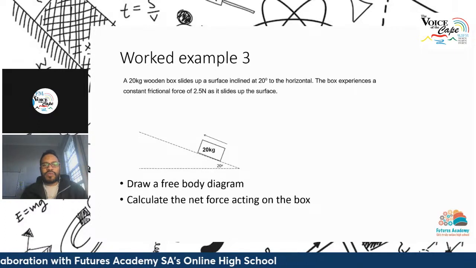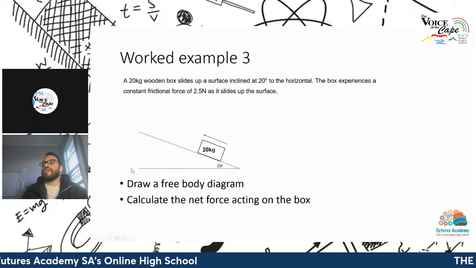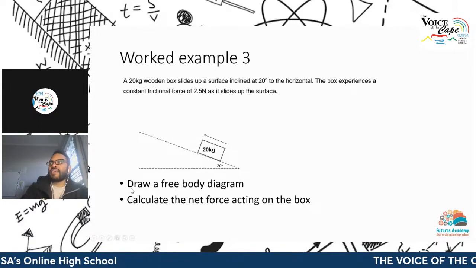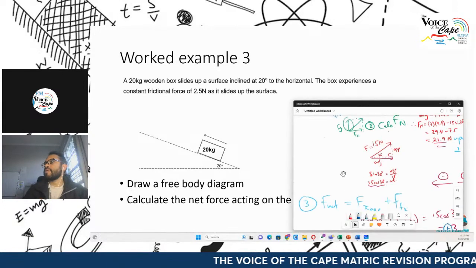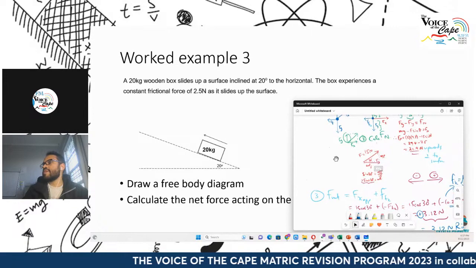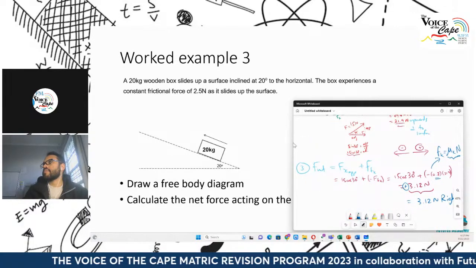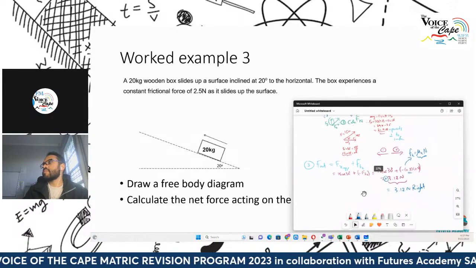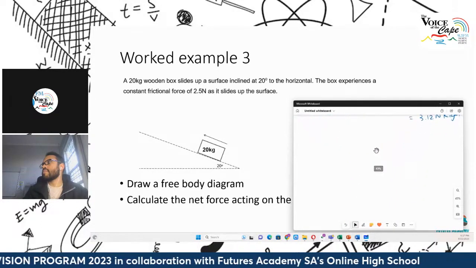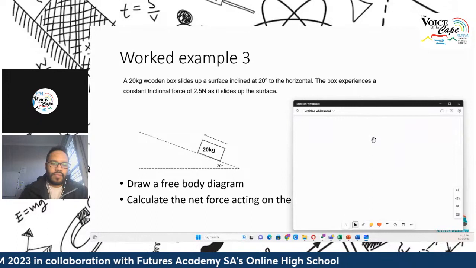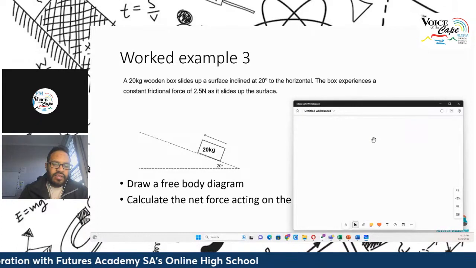So the first question we have here is draw a free body diagram, and the second question is calculate the net force acting on the object. Okay, so let's make some space quickly. Okay, remember once again the free body diagram is